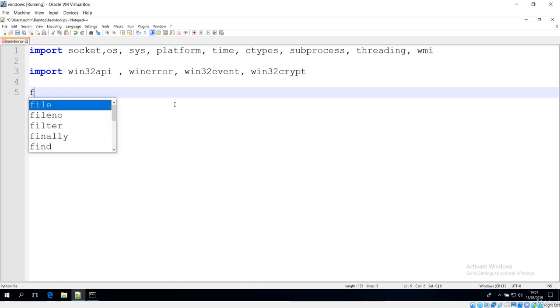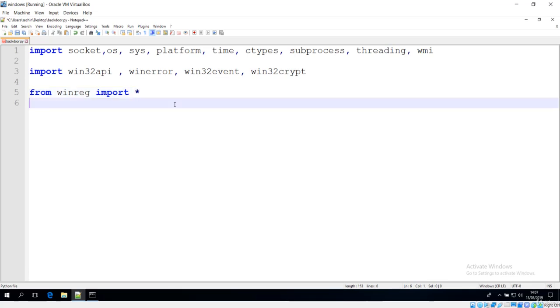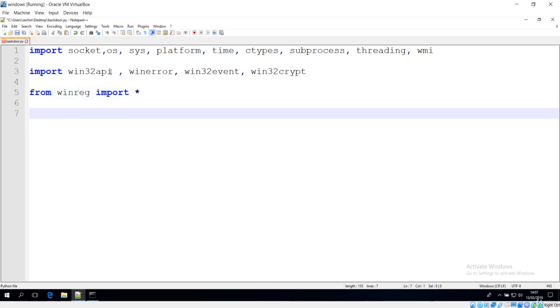The last thing I want to import is from winreg, I want to import everything. And I'll tell you when we are coding what the importance of each of these is. Before that, let me show you all of these over here. We'll use socket to get the communication. OS is for directory and file management, and we work with sys and platform. The main important one here is subprocess, because this is going to make our backdoor be executed on this machine, and WMI is for the privileges of this Windows machine, and threading is for thread operations.